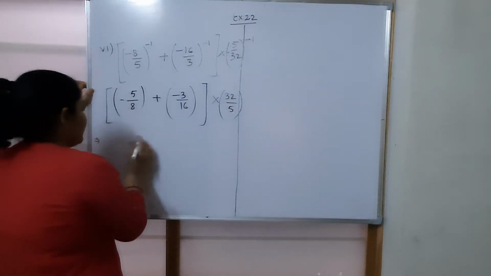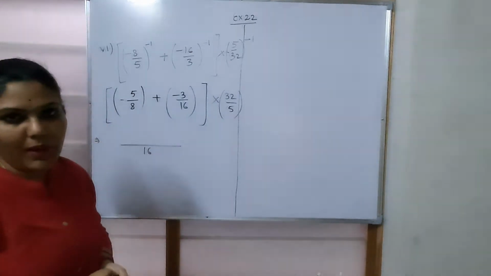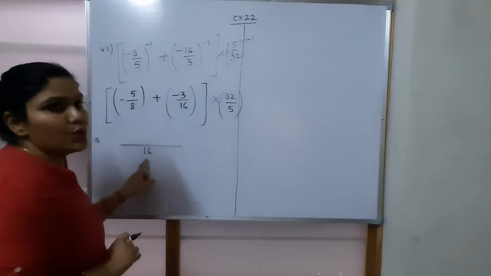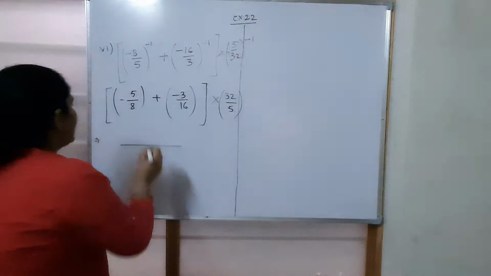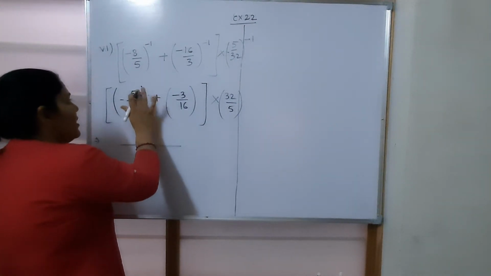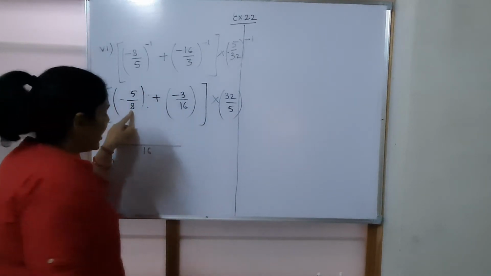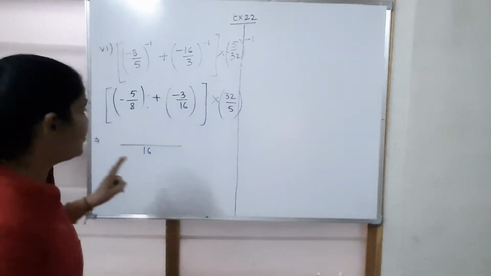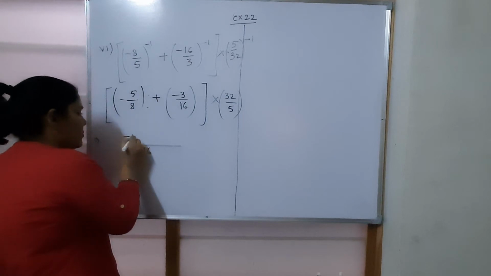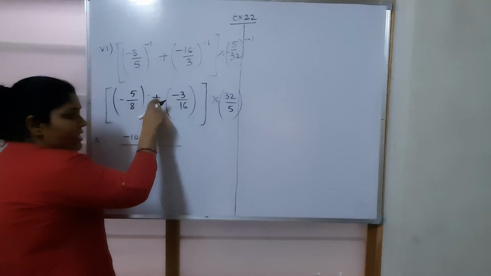I will just solve this bracket first. I will take the LCM which is 16. By what number should I multiply 8 to get 16? By 2. So both the numerator and denominator will be multiplied by 2. Okay, I am just adding the fractions which have been given to us. So numerator and denominator both will be multiplied with 2. So minus 5 into 2 will be minus 10. Plus minus minus, so I am keeping the minus sign here. Just look here, plus minus minus.